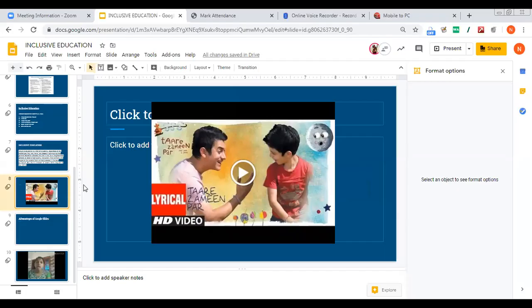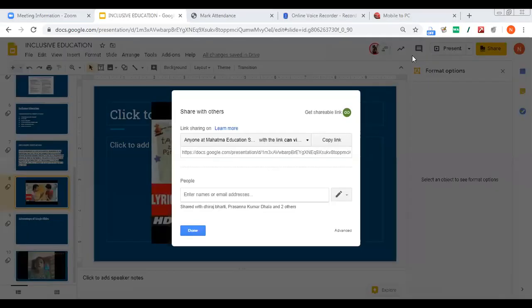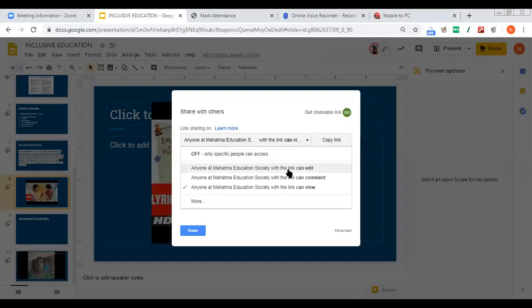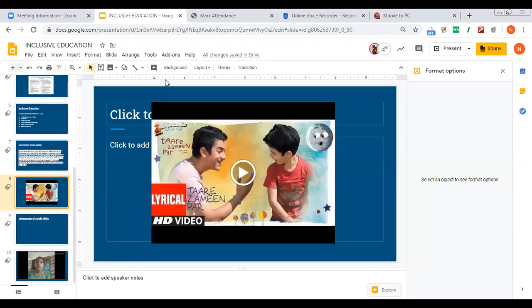It's the slide provided by the student. Yeah. If they have given you the editing provision, suppose when you are sharing the assignment with me, if you are making it can edit, anyone, then I can also edit it. If you choose only view, I cannot edit it, only view.